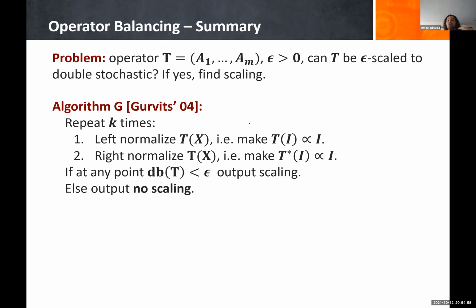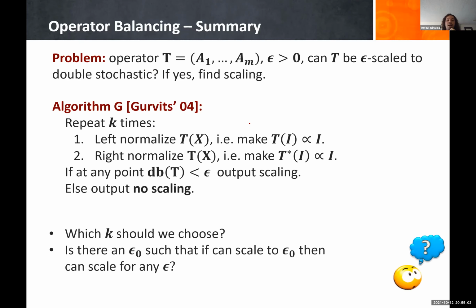Well, again, we just do the same algorithm that we did for matrix scaling. And now we already know which K we should choose by the potential function analysis, and we used K to be the norm. And again, is there an epsilon naught such that if we can scale to epsilon naught, we can scale for any epsilon? And remember, this epsilon naught would decide